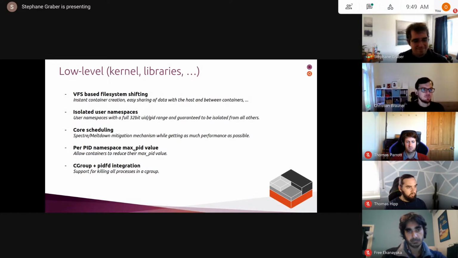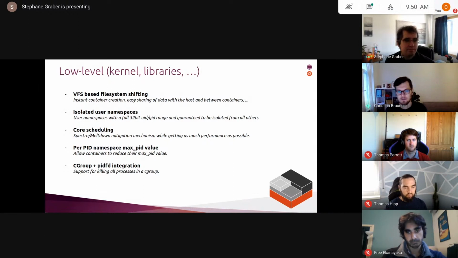One of the things that has been a topic for quite a long time is VFS-based file system shifting that Stefan here listed first, which has a bunch of nice or desirable properties that we wanted for a long time. I'll start with a very obvious case.